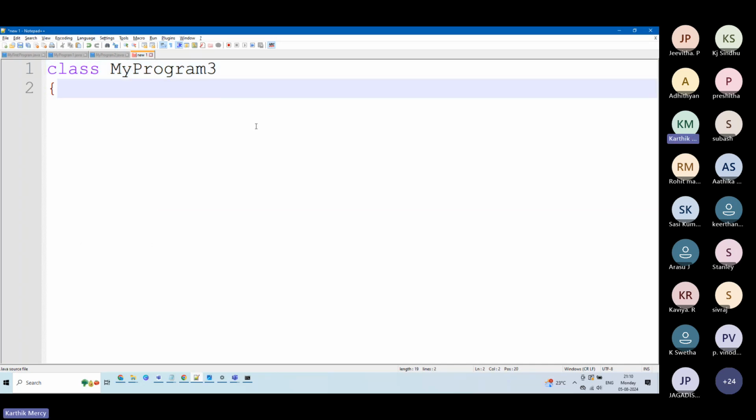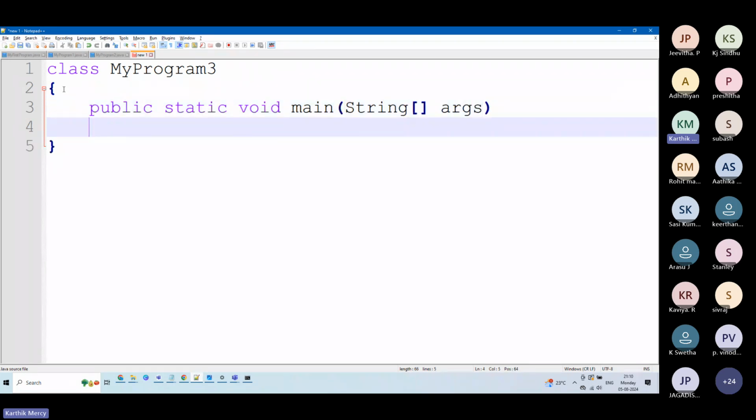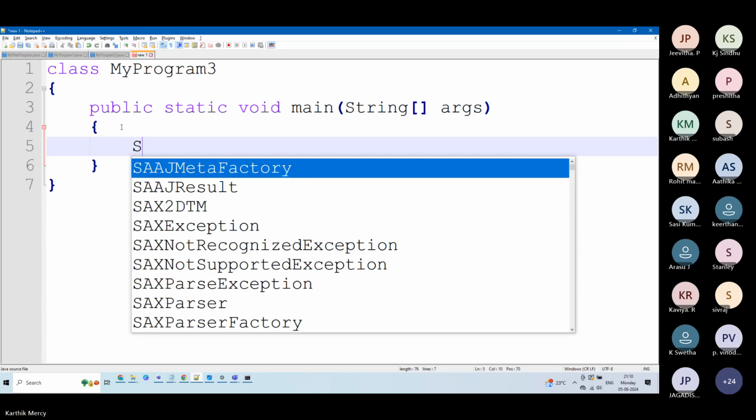I'm opening the curly brace. I'm closing the curly brace. I'm writing the main method over here, public static void main, and I'm accepting a string array of arguments. When I do this, I'm opening the curly brace and closing it once more. And once I did, I have the basic structure of my program ready. So what do I need to do? I need to print a floating point literal. So system